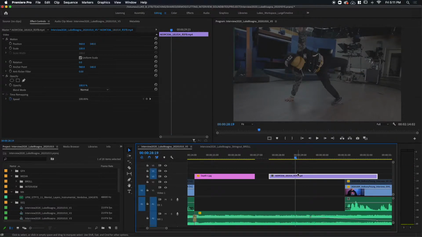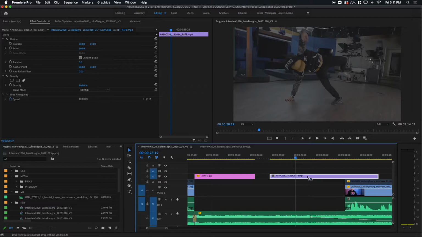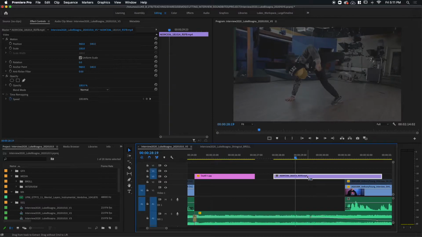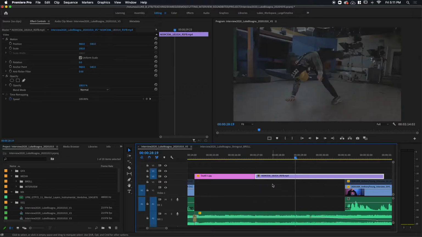How am I going to get that foot there? I'm going to use a little trick here. I'm going to make sure the clip is selected, and I'm going to hold down Command or Control and use my right arrow to move the clip over frame by frame until I see the foot contact. There it is in the air. So now I'm going to use the left arrow to get it down onto the floor. There it is. And then I'm going to trim out the clip so that it meets the still image.